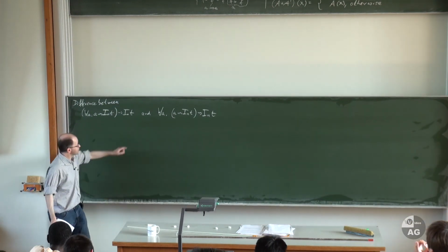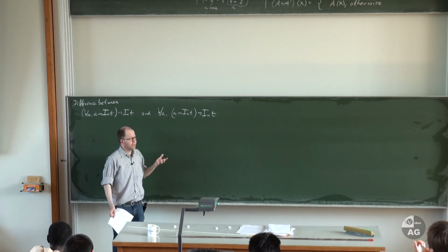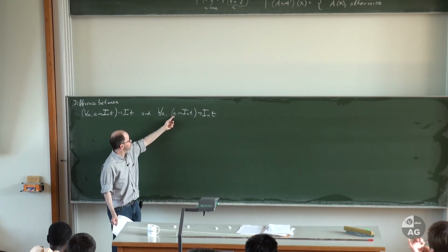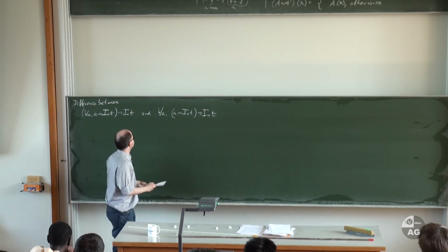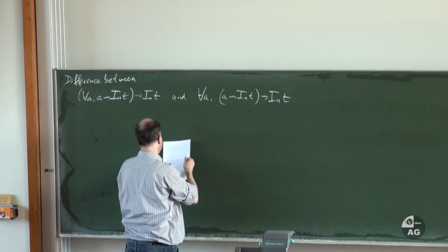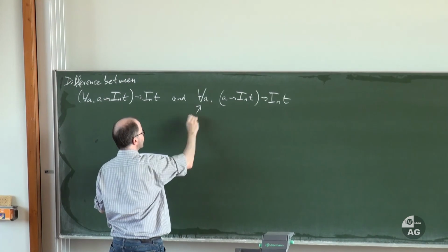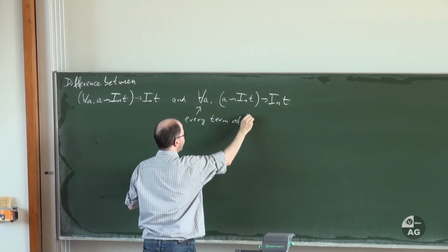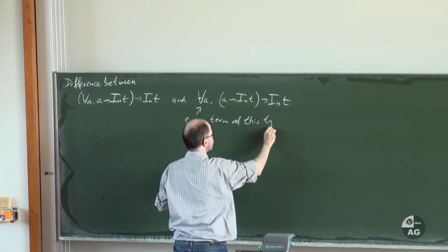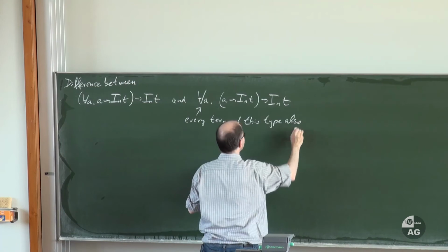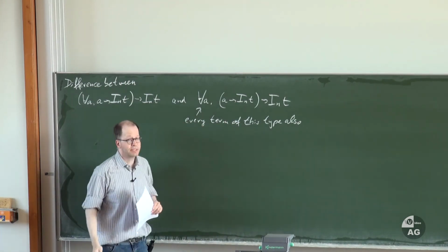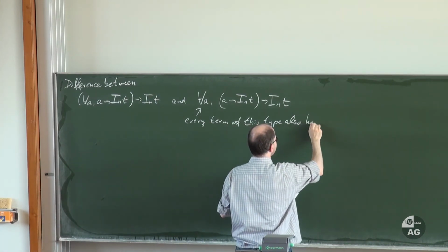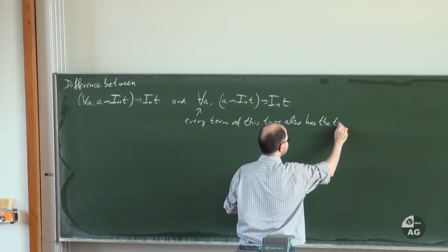So what's the difference? This means if you have a term which has this type, then it automatically also has the same type whenever you instantiate a by anything else. So this means every term of this type also has all the less general types that I get by instantiating a by any possible type. So this also has the types